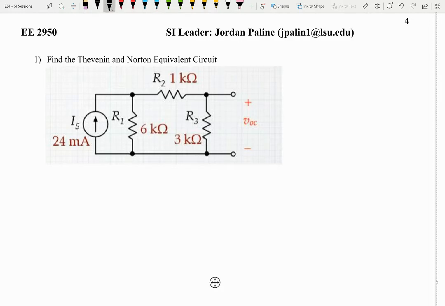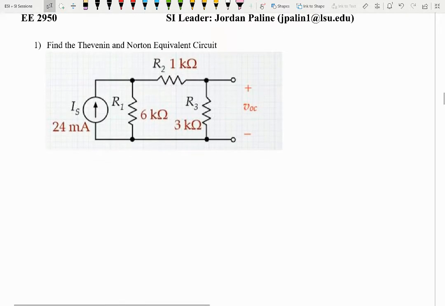So moving on to the first problem. This problem asks us to find the Thevenin and Norton equivalent circuit. So let's run through our steps first. We're looking at this circuit and we see that